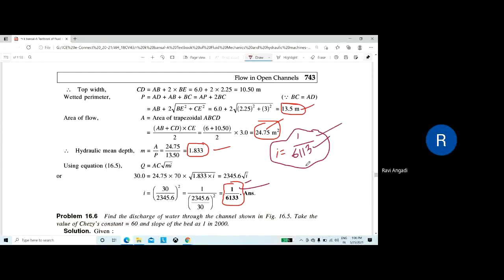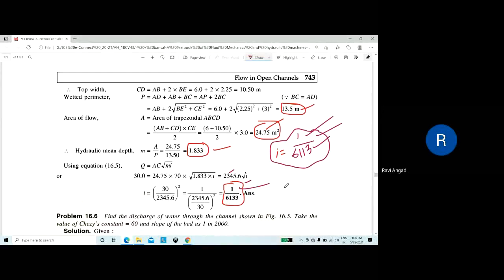That's why I told you to cross verify. They might have taken more digits after the decimal. So that also depends on how many digits you consider after the decimal. Based on that, the answer depends. Anyway, this is the answer. If you are getting this one, just write it. So all of you got this one.